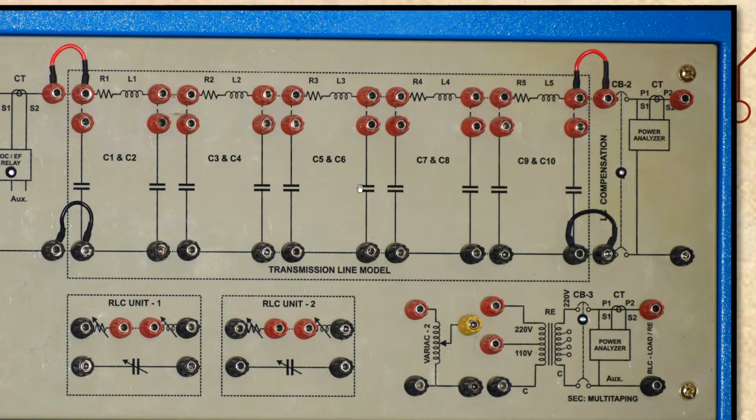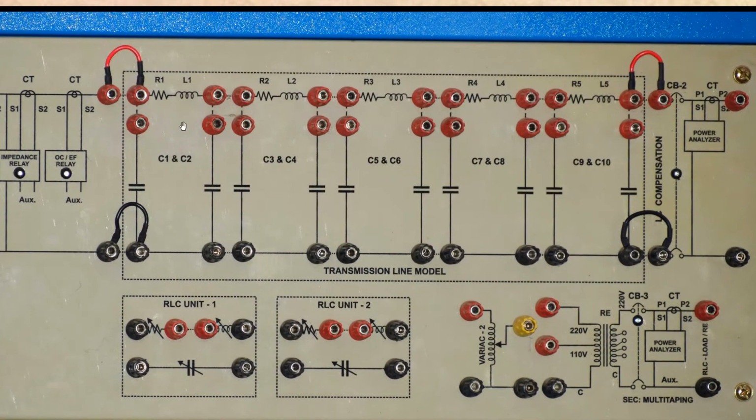So to make a 400 km transmission line, we have to short circuit each 80 km. We have to connect them in series, each 80 km. As you can see, this is capacitor terminal 1 and this is capacitor terminal 2, and similarly this is RL terminal 1, RL terminal 2. To make this pi section also, we have to short circuit this terminal with this and this terminal with this, so that this will be the pi section of unit 1. And similarly this terminal to this terminal and this terminal to this terminal, so that this will be another pi section. Then to connect these two pi sections, we have to connect these two terminals.